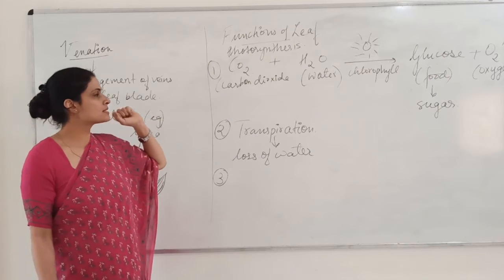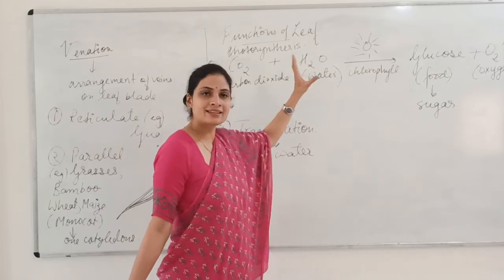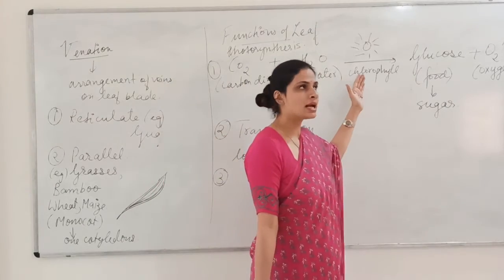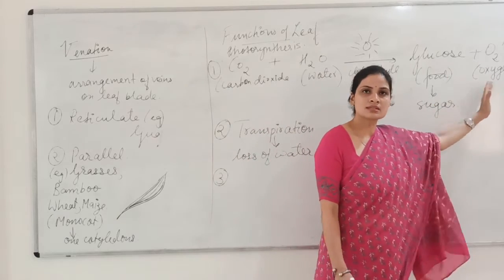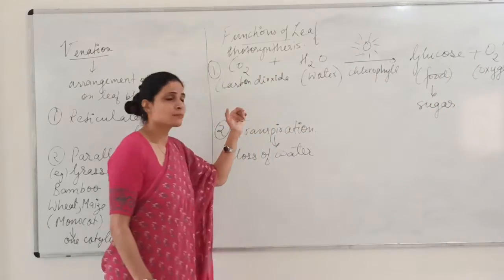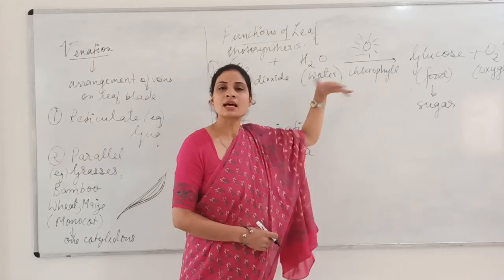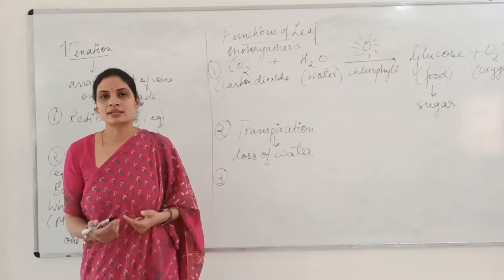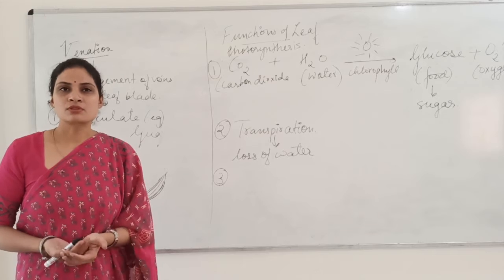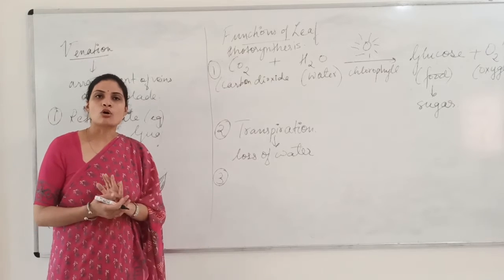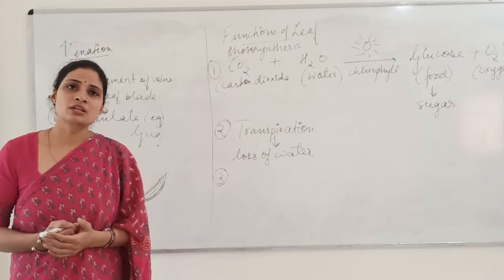Okay, so photosynthesis here is being carried out by carbon dioxide and water in the presence of sunlight and chlorophyll, and glucose is being prepared and oxygen is released. But in the process of photosynthesis, what is being utilized here is sunlight. But during night time, as there is absence of light, or we can say absence of sunlight, the plant or the surface of the leaf performs the process of respiration.